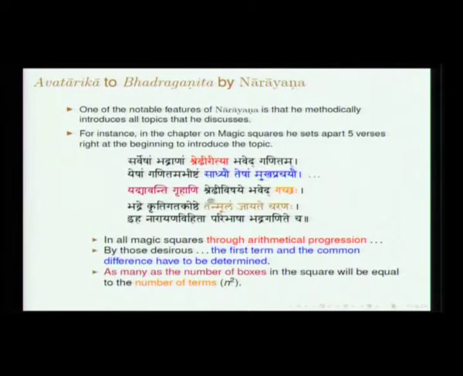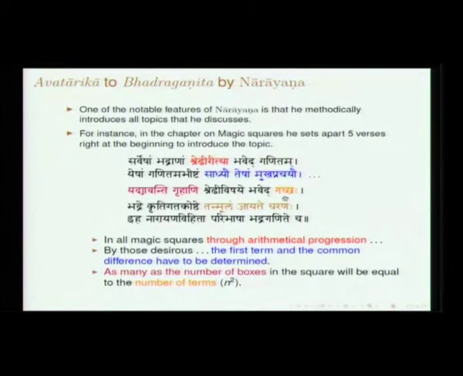So Yadyavanti Grihani Shredhi Vishaye Bhaved Gachaha. The term Griha when used here refers to the cell in a magic square. When you draw that, that particular cell is called Griha. So in a 4 by 4 magic square you will have 16 Grihas. So Grihani Shredhi Vishaye Bhaved Gachaha, that is termed as Gacha. If you recall in Aryabhatiya also, it refers to the number of terms in a sequence. Gachaha means the number of terms in the arithmetic sequence which you have to deal with.